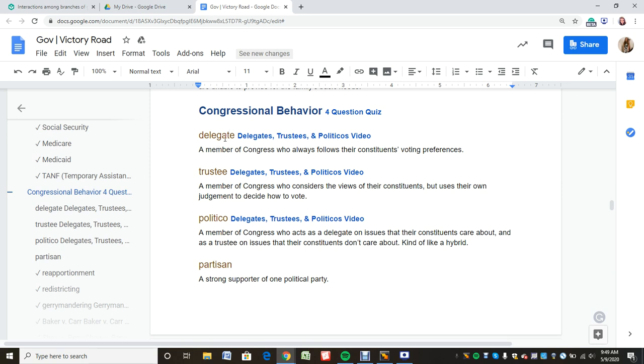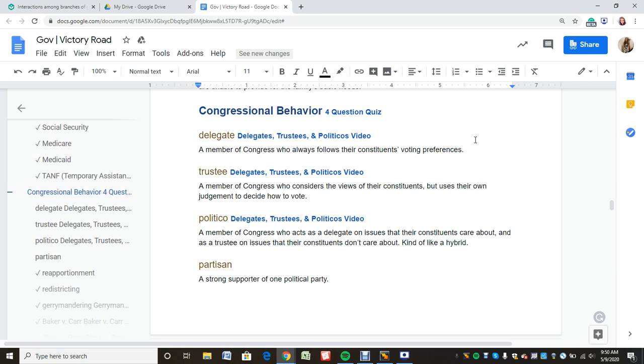So one thing that you should note is, and I know we talked about this a little bit differently in class, but this method that I learned on Khan Academy made so much more sense to me, and it was easier to think about people in terms of these methods. I know they're very general terms, but I think they'll make sense to you too. So a delegate is someone who always follows their constituents' voting preferences. So they might end up voting against their conscience, but they wanna get reelected, and this often happens with people in the House of Representatives because they have such a short window. They have a 2-year window before they're up for reelection.